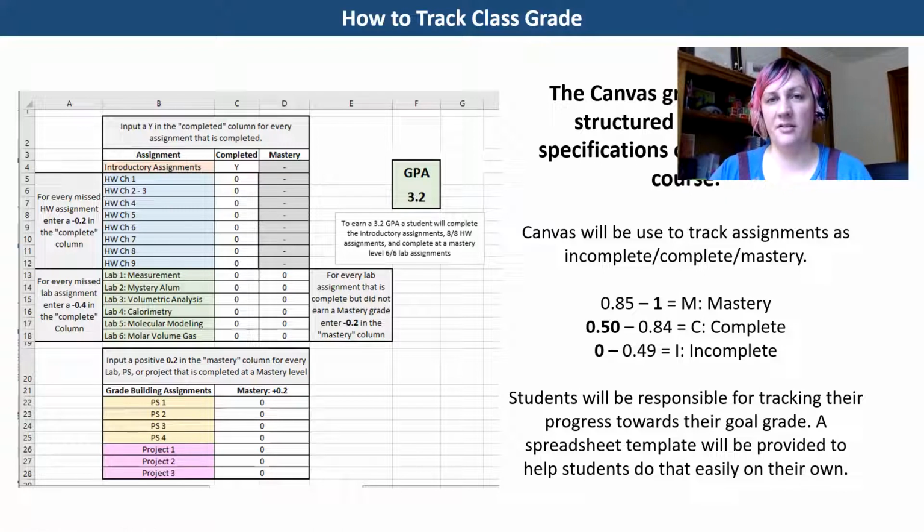Let's say one of the labs is super hard. There'll be one that's super hard, right? And you don't get it to the mastery level. You try and you turn it in. It's just going to be too much work, so you stop there. Great. Well, you'll just come into that lab. Let's say it's calorimetry and you put in a -0.2. That means you completed it and